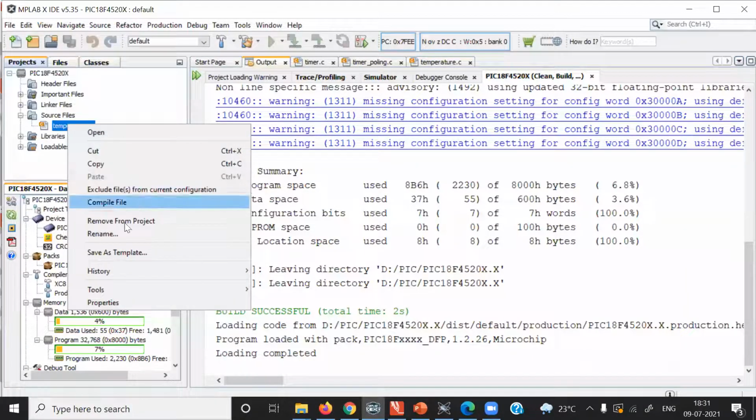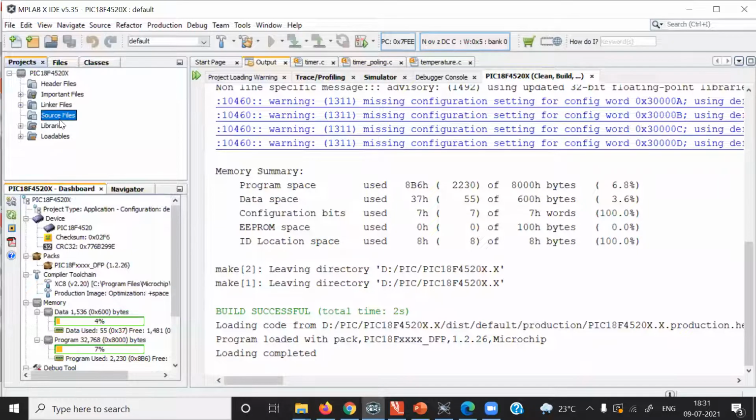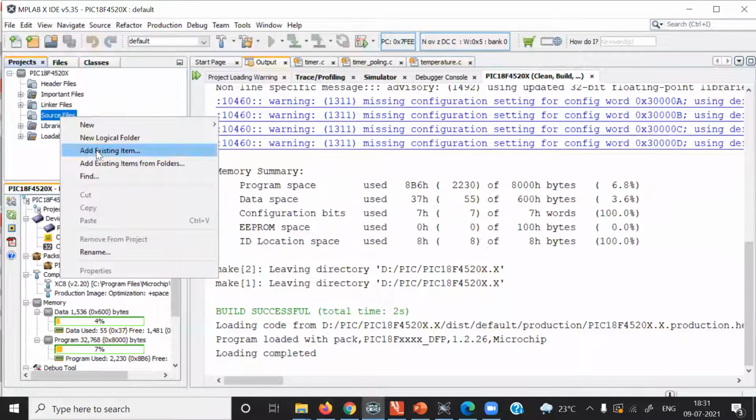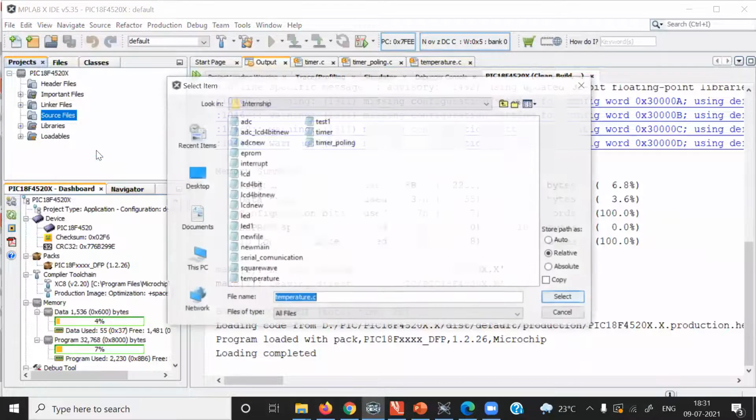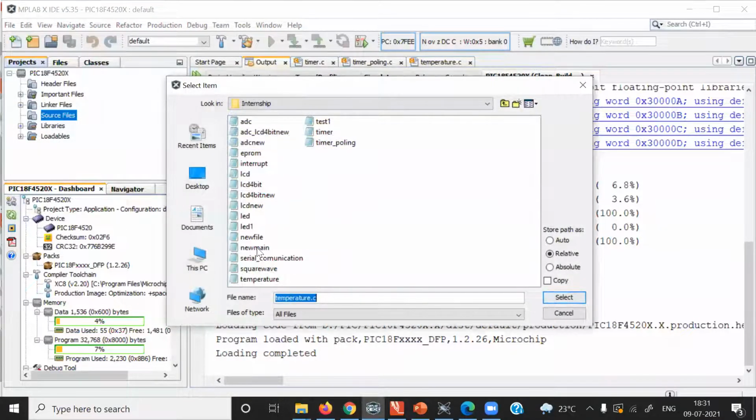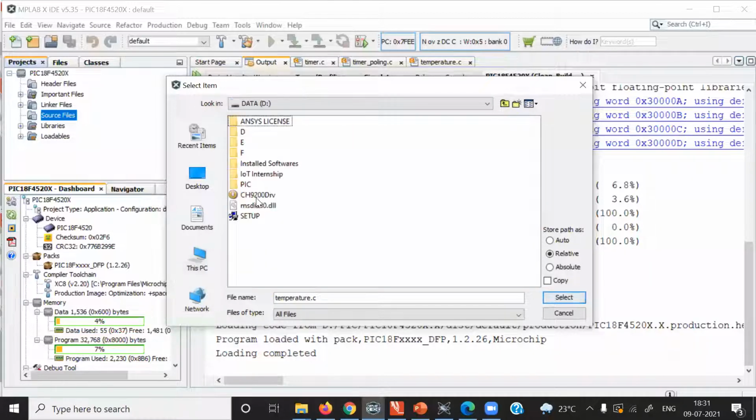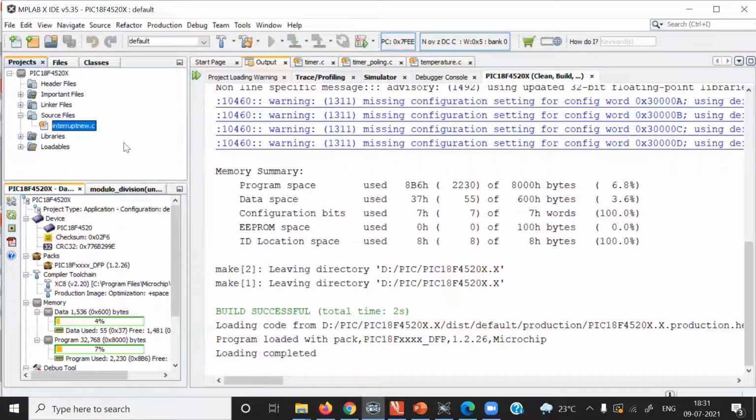The program is very simple. Understanding interrupts is really important, because in your communication protocols, we require interrupts.